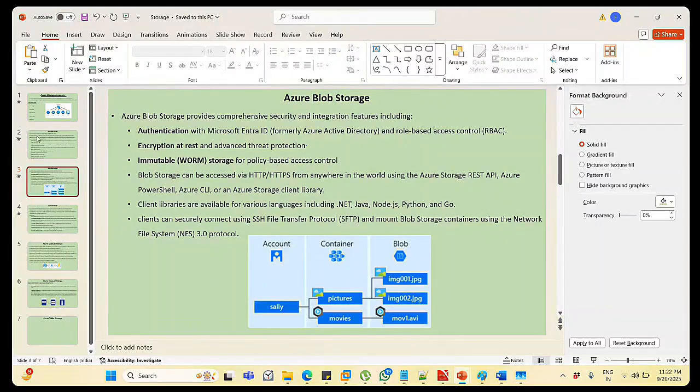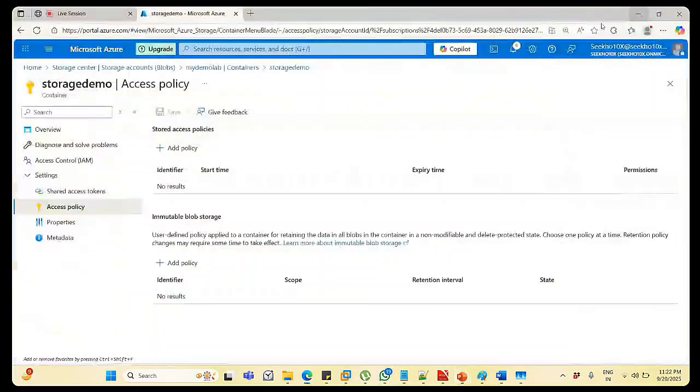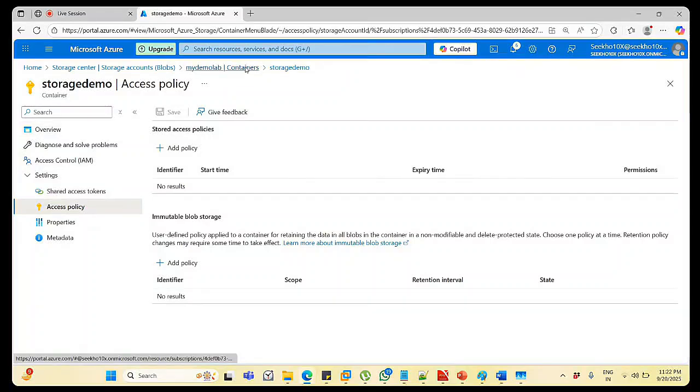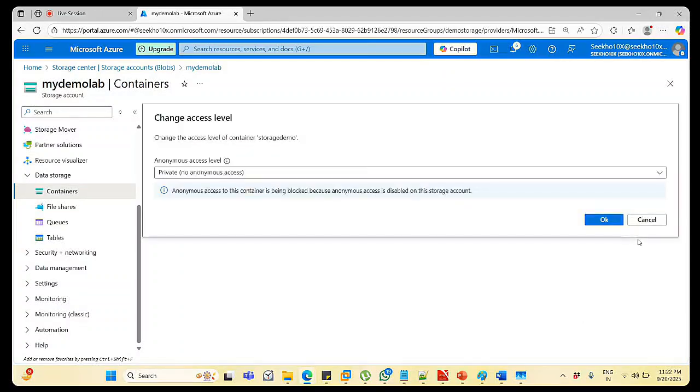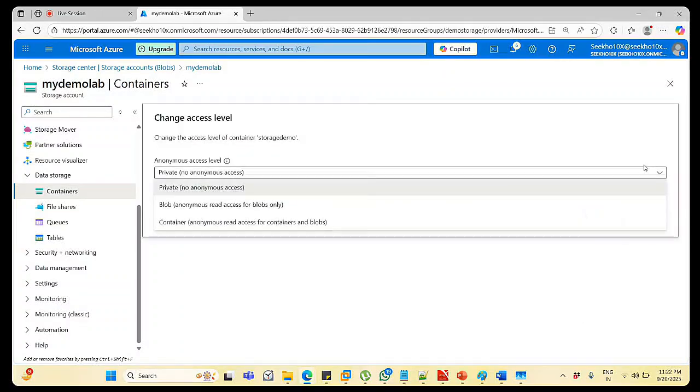So you can create a policy for who needs to access or who is not able to access, from access policies. Let us see under the containers. Okay, change container properties, change access level. You can go here and create the access level. We have private,